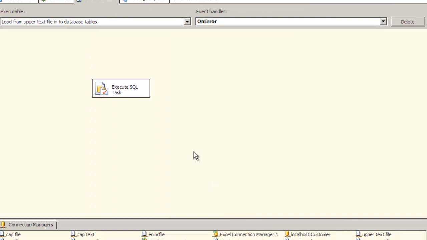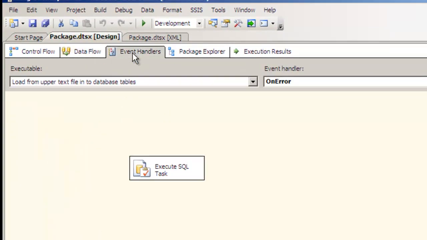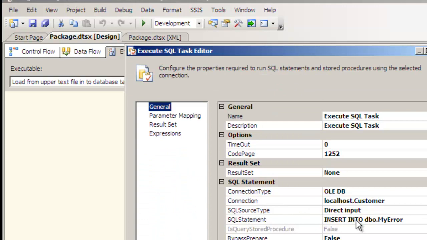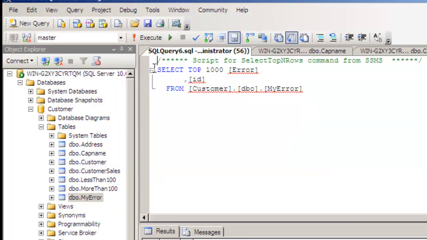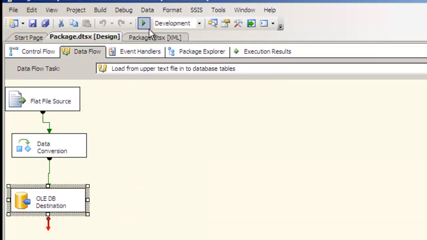Okay, let's say okay. So now what should happen is, if there are any kind of errors over here, it should fire this on error event, and when it fires the on error event, this SQL task will execute and it will push a message into the error table saying that some errors have occurred. Okay, simple. So let's run this,